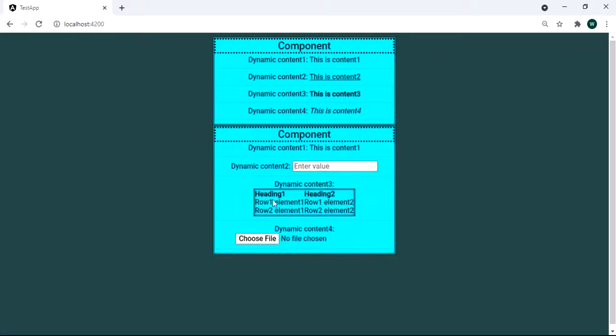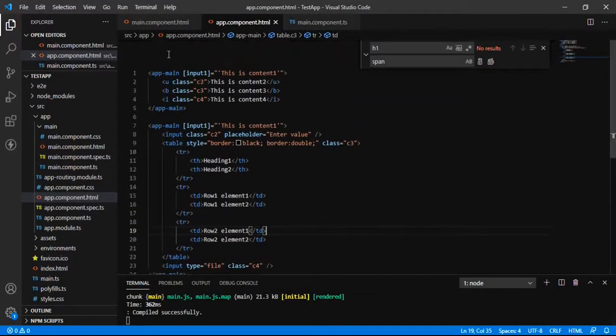So you can see now the dynamic content in your component has dynamic content 2 as a text box and table, and in content 4 we have input type file.